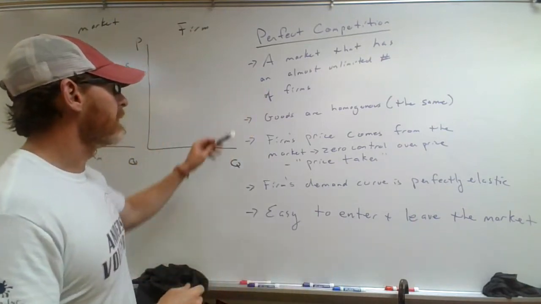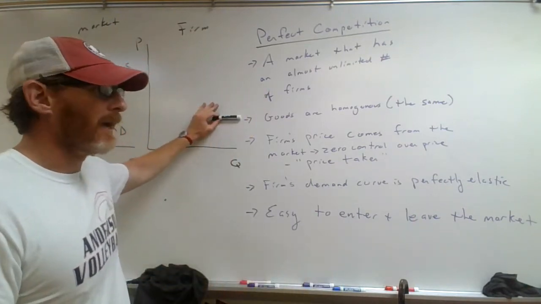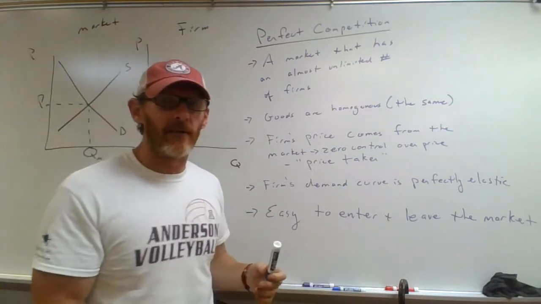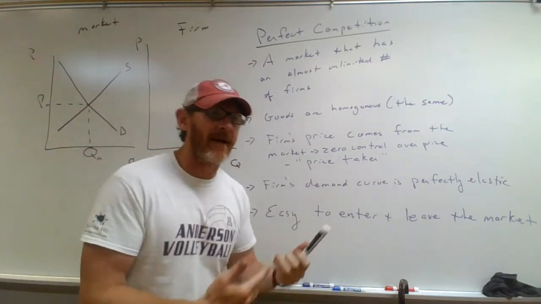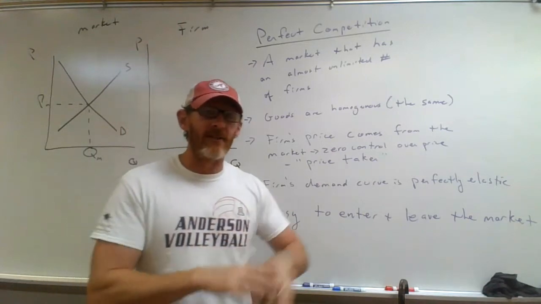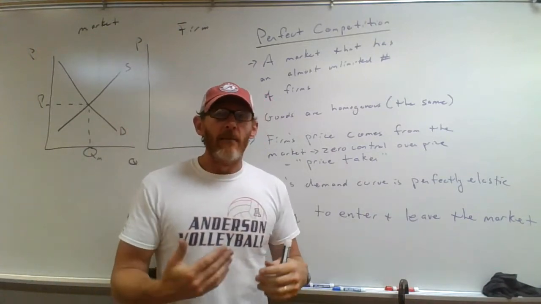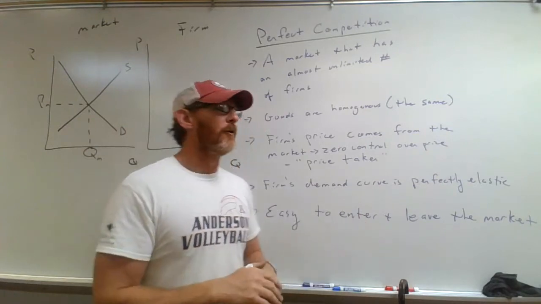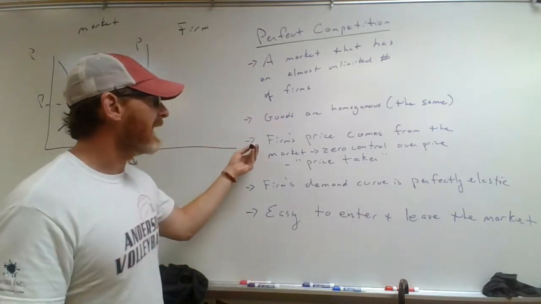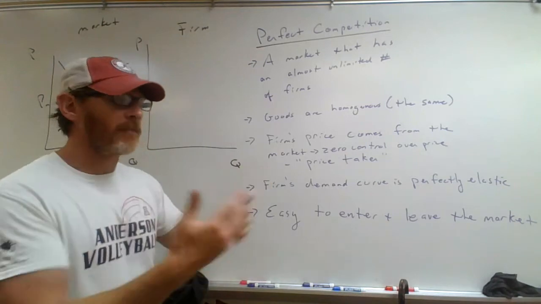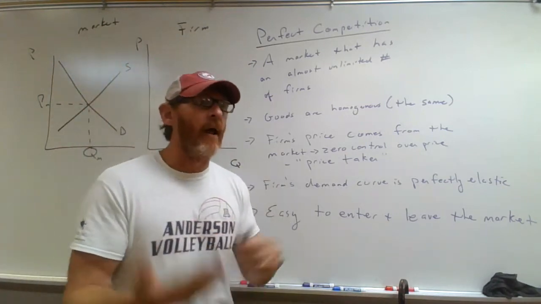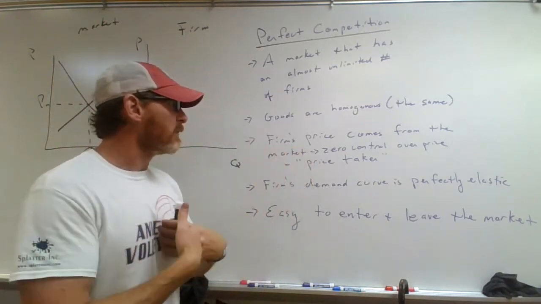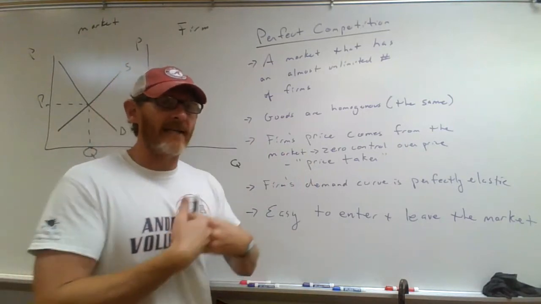So you can see the goods tend to be the same, they're homogenous. Otherwise, it'd be a different market, right? It'd be a market for sweet corn. If it was tomatoes, you have tomatoes, but you might have cherry tomatoes. It's a different market, right? But you have a gigantic amount of producers. And so the price actually comes from the market. The market supply and demand determines the price. And that individual firm takes the price the market gives.